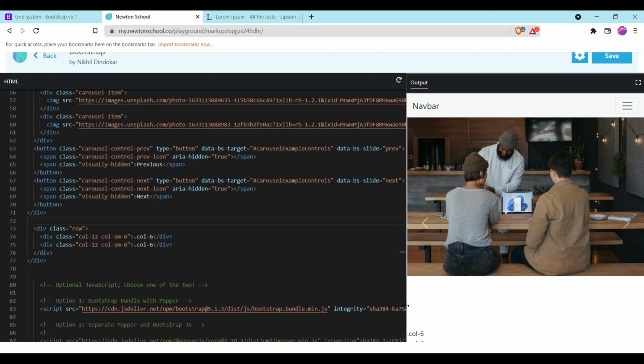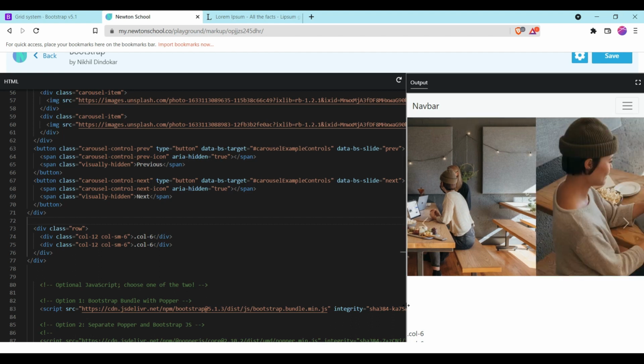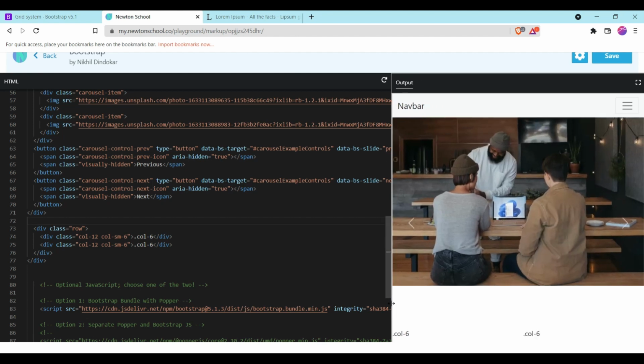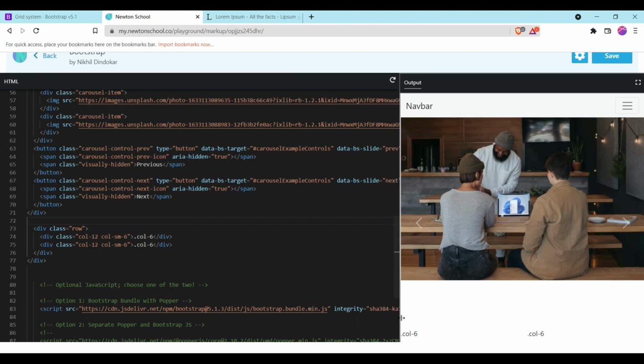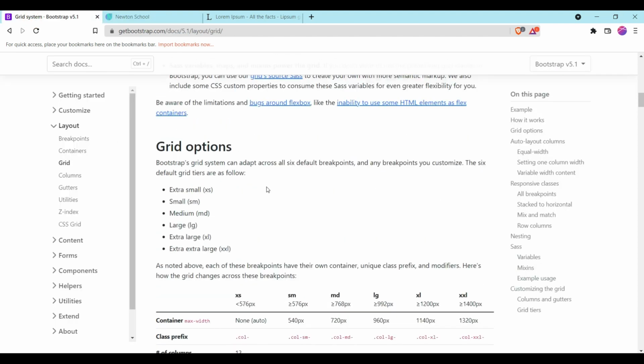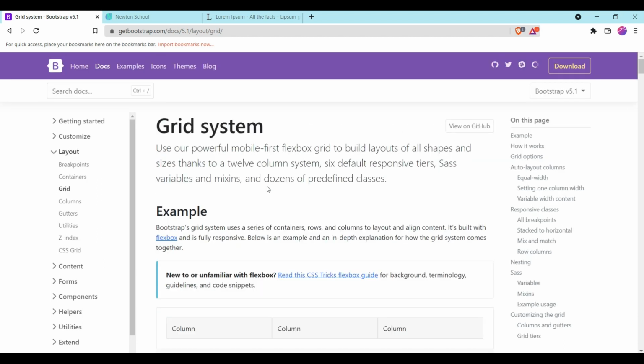And if I take it to column sm and make it 6, that means the above and below will take equal parts. You can see this. So this is how the grid system works. If you want to read more, you can read the whole documentation on the Bootstrap website.